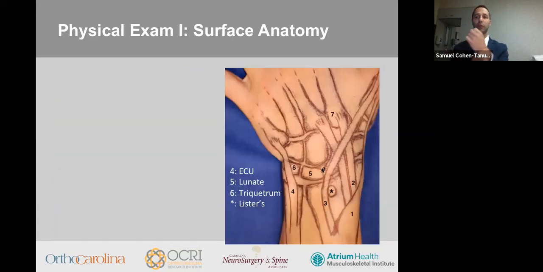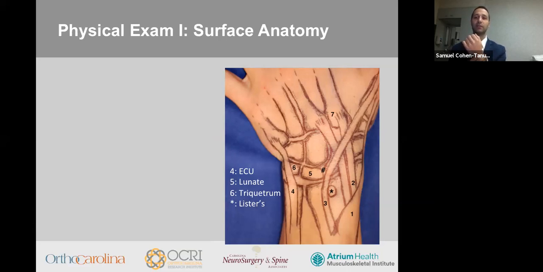Now we're going to move to the dorsum of the wrist. If you palpate Lister's tubercle, which is a classic landmark for most of wrist anatomy, and you move ulnarly along the distal radius, I like to use my nail for this because it's kind of sensitive, until you fall off a sort of an edge, which is the edge of the radius, and you're in the DRUJ. So you can feel the DRUJ there. And then if you move about 1 centimeter directly distal, you'll fall into a subtle groove. And that's the LT interval, and it feels very similar to the scapholunate interval, which would be 1 centimeter distal